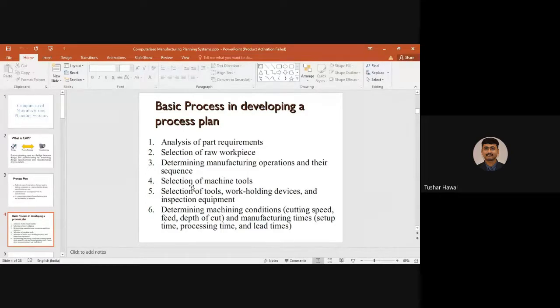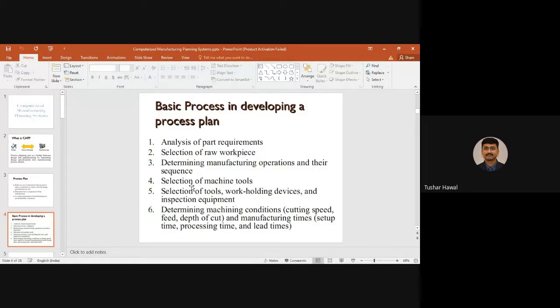Then, after the machines are selected, you have to check whether the required tools, work holding devices and inspection equipment are available in the factory. The tools available in the factory might not be compatible with the raw material you are going to machine or process. Sometimes harder tools may be required, or a proper work holding device.